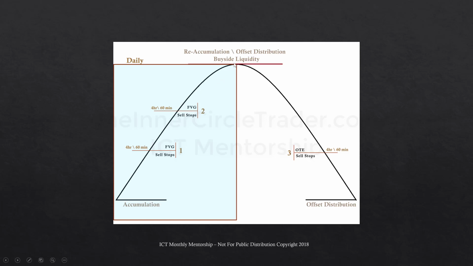Again, the same model idea is if we break below stage 1 reaccumulation on the buy side of the curve, over here, this could be a longer term buying opportunity. So in other words, it could be a swing trade, or it could be the beginning of a beautiful position entry, long-term position entry. If we have the time frame seen on the daily and we are at this price point here and we think the daily is going to reach up to this price point later on a 4-hour and 60-minute in this area here, we can frame